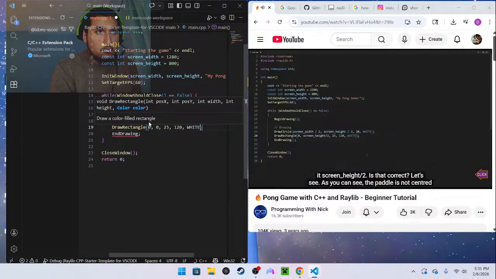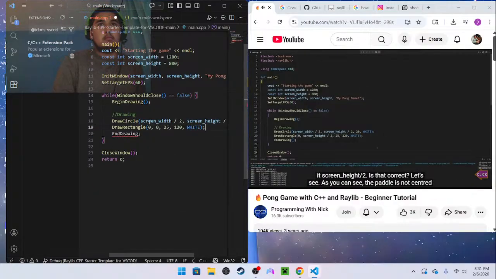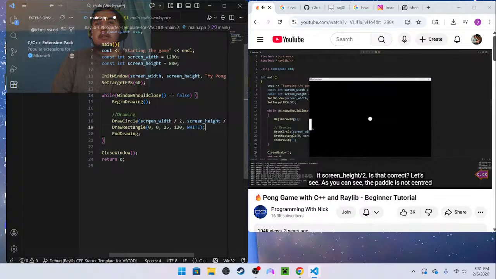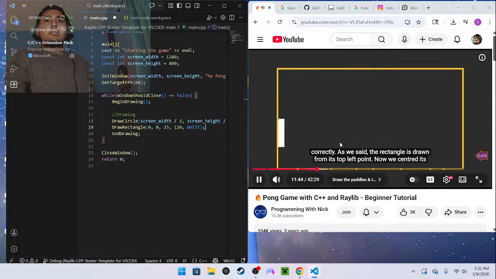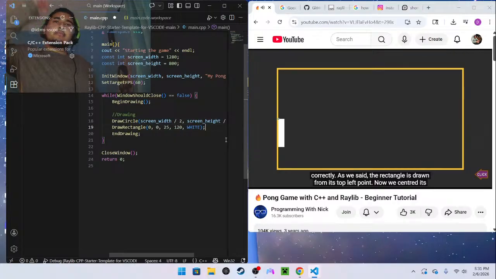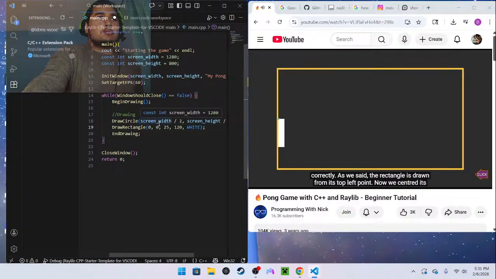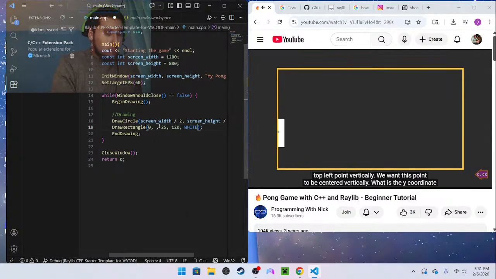Is that correct? Let's see. As you can see, the paddle is not centered correctly. As we said, the rectangle is drawn from its top left point. Right. Now we centered its top left point vertically.